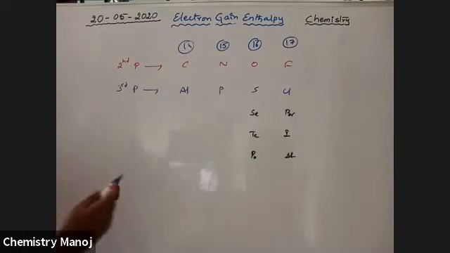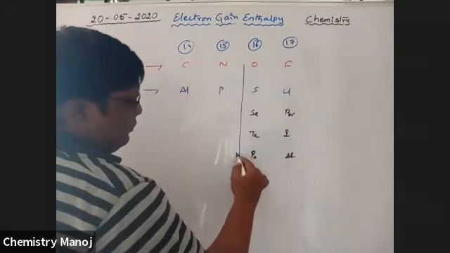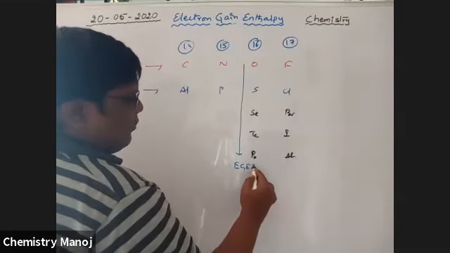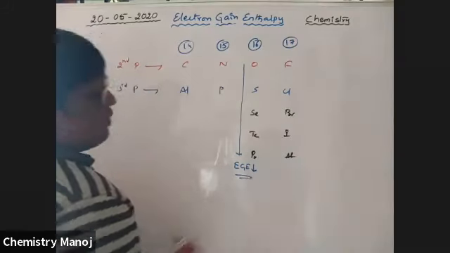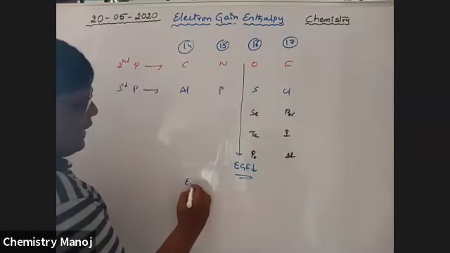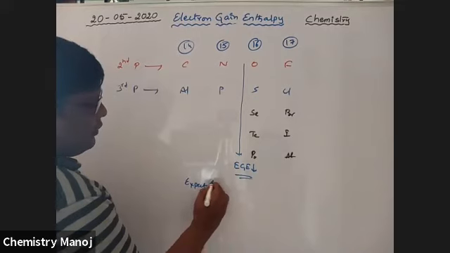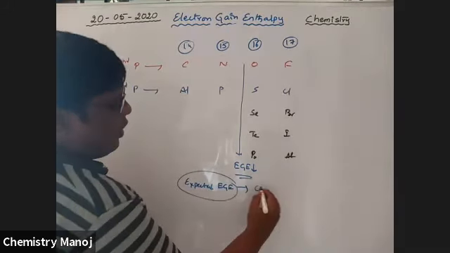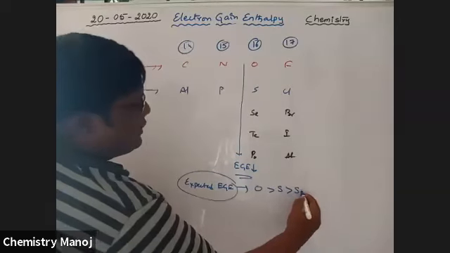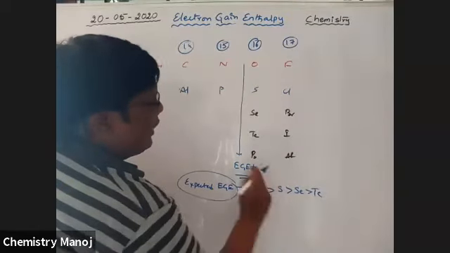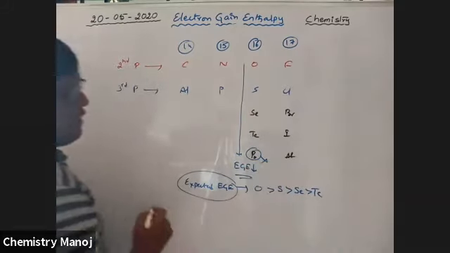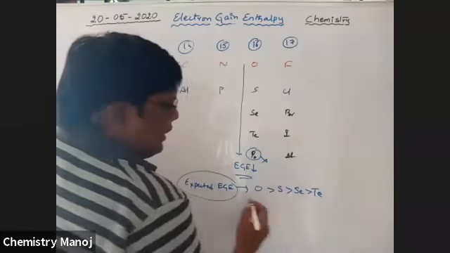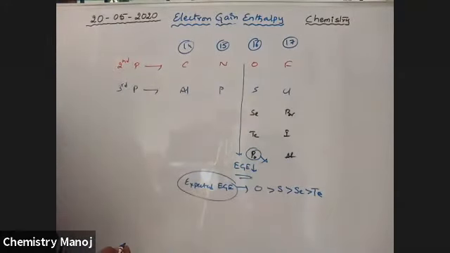Actually, in a group from top to bottom, electron gain enthalpy decreases. That is what we expected: electron gain enthalpy values oxygen greater than sulfur greater than selenium greater than tellurium. Polonium is radioactive, no need to consider it. This is expected, but actually